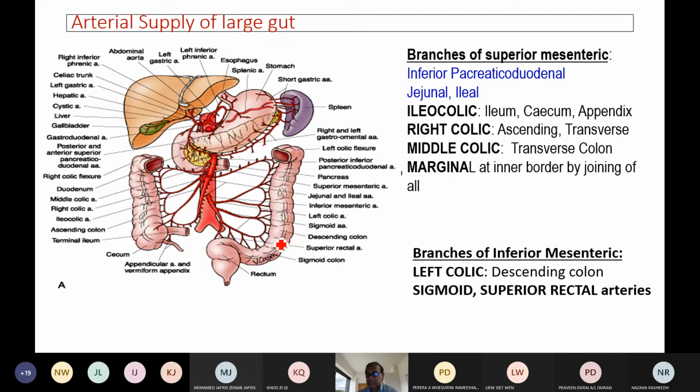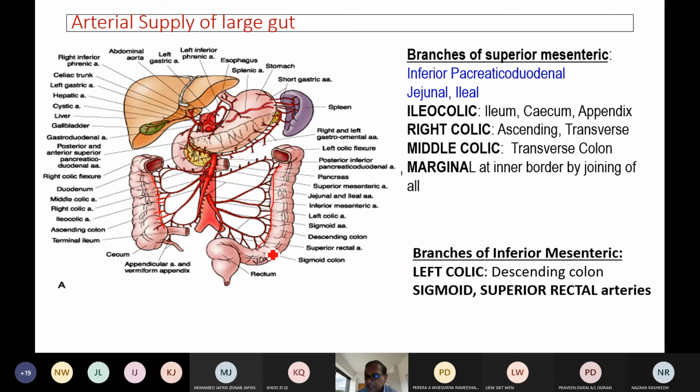Now, one of the important things is that many of these arteries can be obstructed because atherosclerosis is one of the reasons, then thrombosis, there are so many causes of vascular thrombosis, you know. But does it mean that it will produce a pathology? No. Why not? The main reason is that all these arteries give straight arteries. And these straight arteries on the wall of the gut produce another channel.